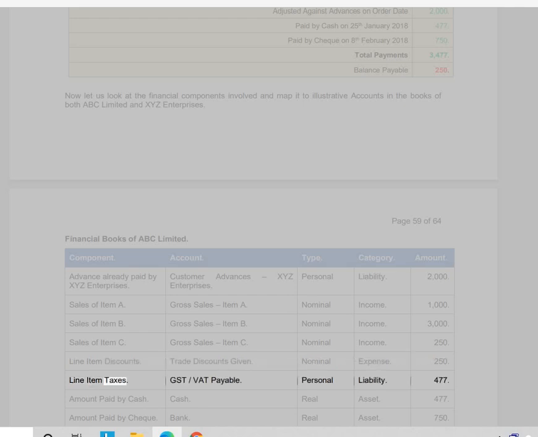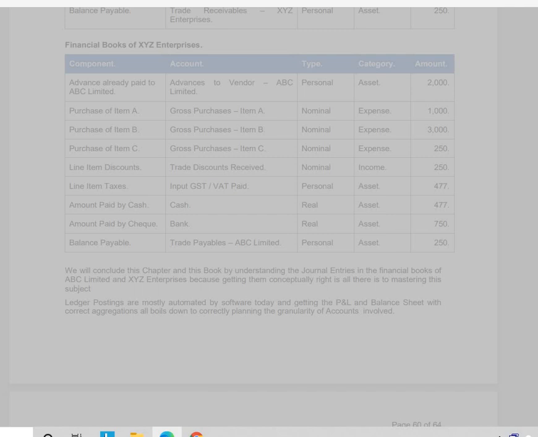Line item taxes, GST/VAT payable, personal liability, 477. Amount paid by cash, cash, real asset, 477. Amount paid by check, bank, real asset, 750. Balance payable, trade receivables, XYZ Enterprises, personal asset,